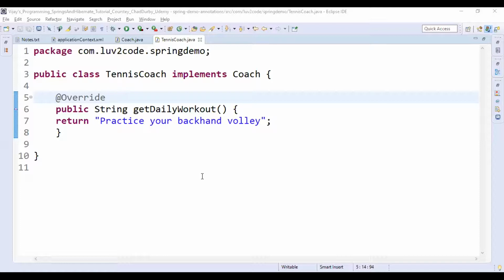That is the main advantage over normal XML configuration, and that is why we need to choose annotations while working on a large project. So that is about why we need to configure Spring beans with annotations with respect to large projects.